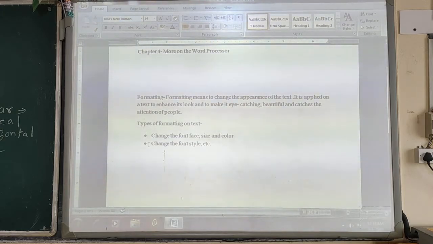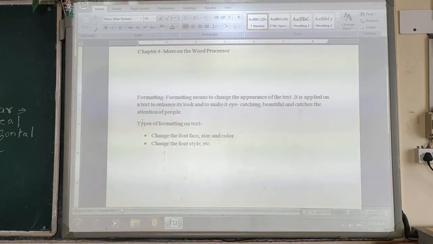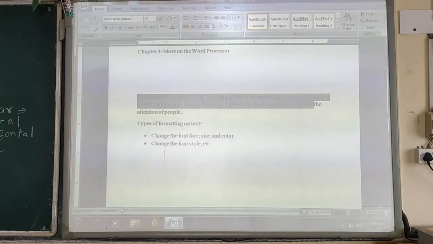First of all, select the text or the document on which you want to apply the formatting. I hope that all of you know how to select the text.